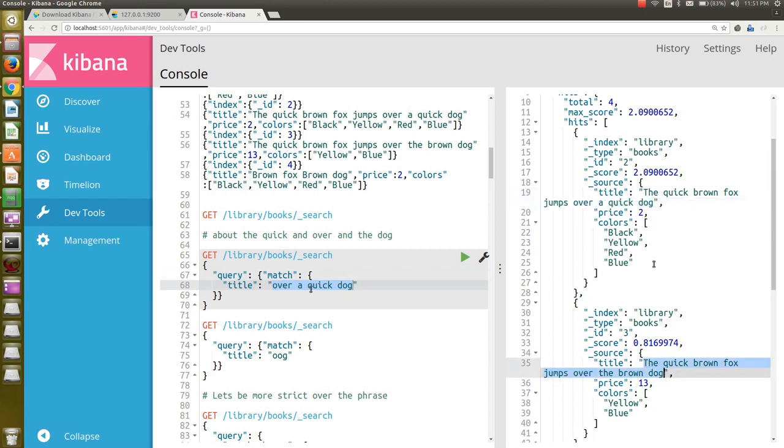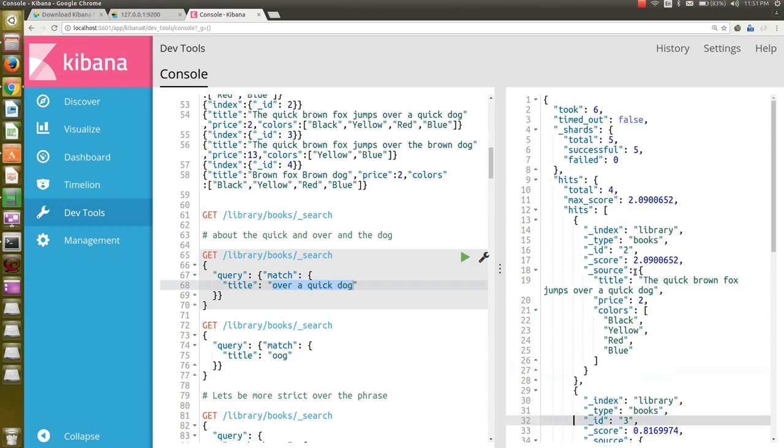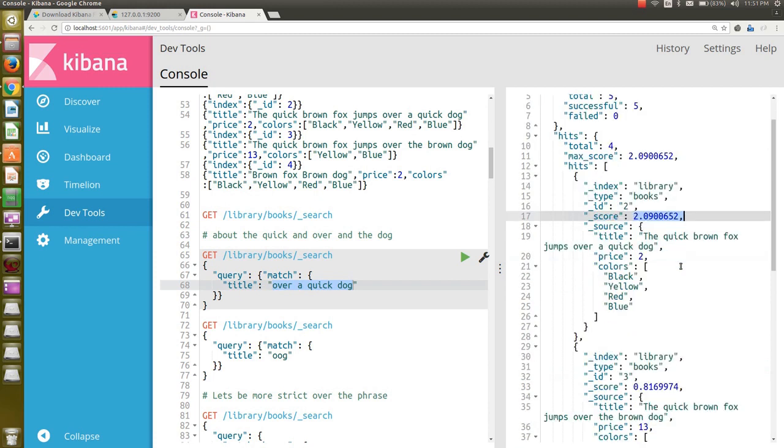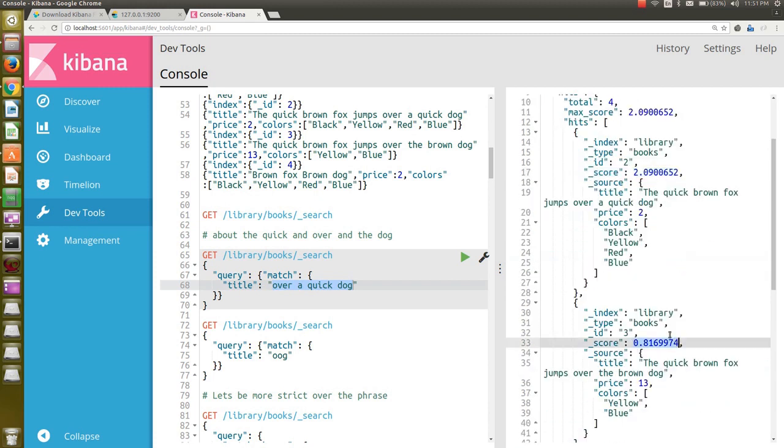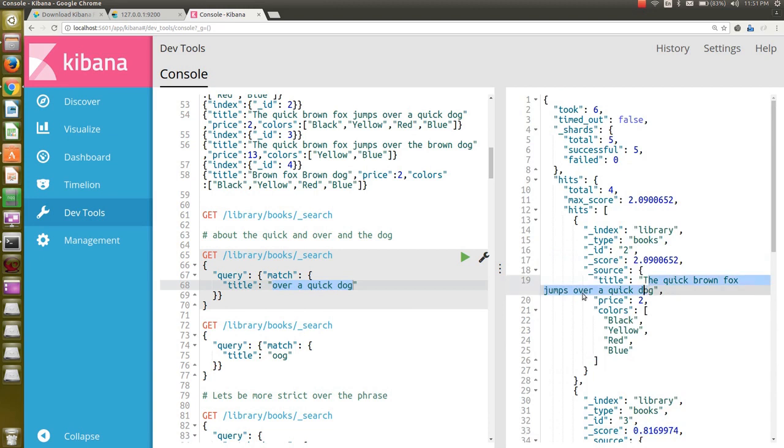But how Elasticsearch works, it decouples your string and finds the relevant matches as well. So if you see, this one got the higher score and this one got the lower score. The higher matching score went to the one which has over a quick doc in the string.